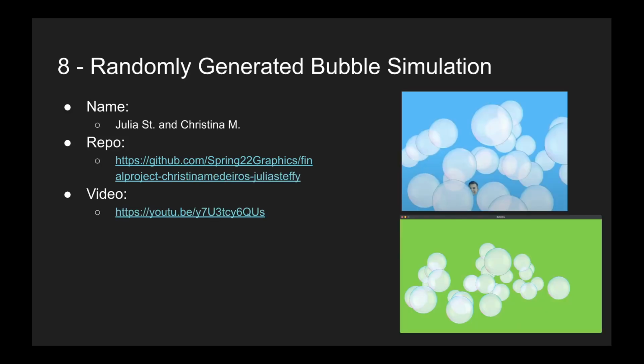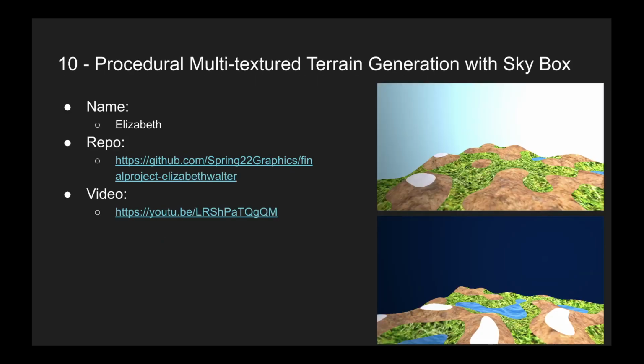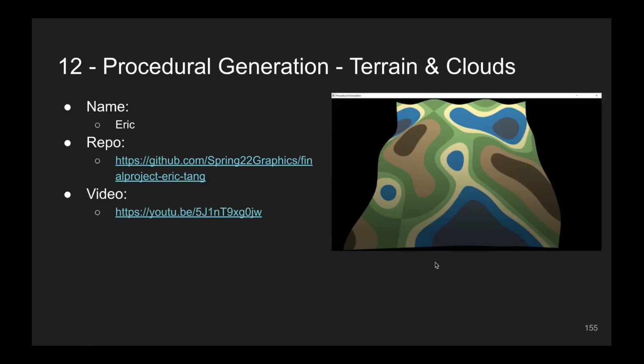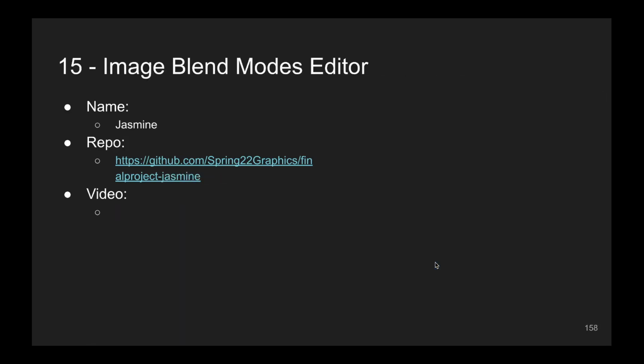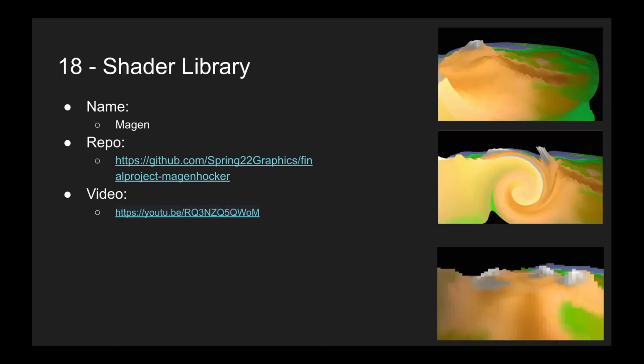Some random simulations. Every once in a while I show up on these projects, so it's funny. This person did the Rubik's Cube simulator, so we've had two of these. Some terrains, which we will get into, and a Reddit visualizer here. I see Northeastern is here. That's cool. Some more terrain stuff. Let me skip through some of these here. More solar systems, a little game, a shader library. This one had a really nice